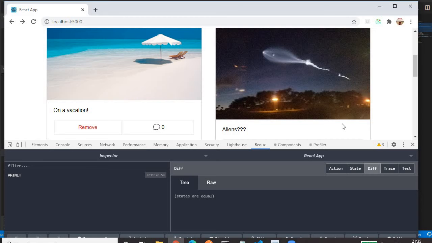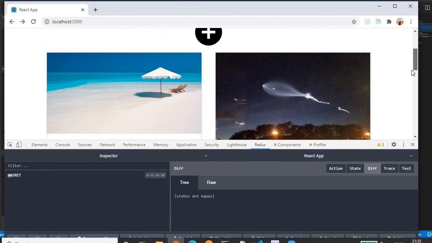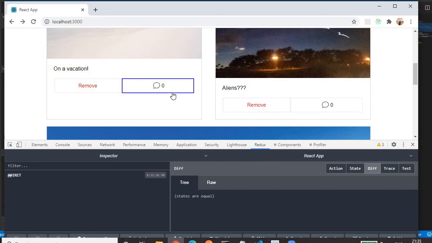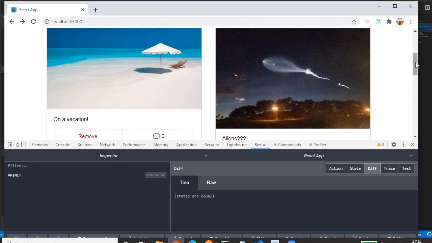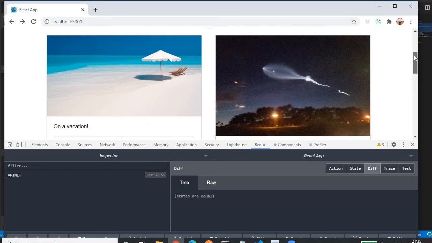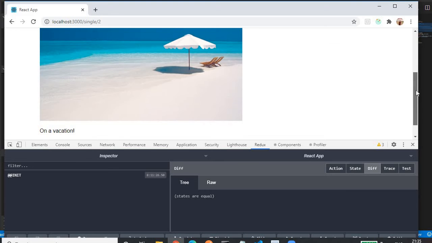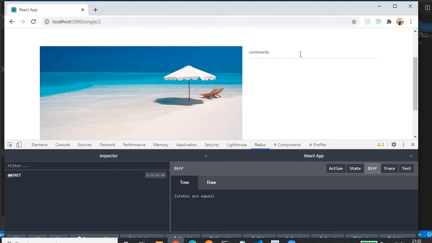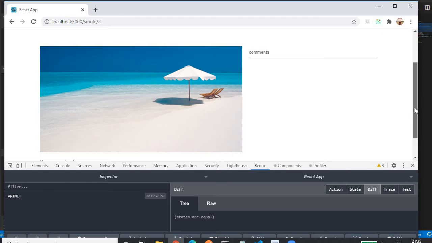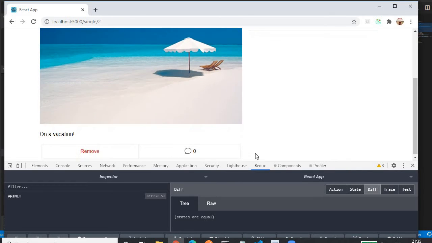Let me show you from the UI's perspective. If you see, this is my screen, this is my page where you will find the number of comments. Currently the number of comments is 0. Let's say I want to comment on this image. For that, we have to navigate to a comment page, so we navigate to the comment page on click of this image. Now we are in the comment page. We have a comment text field in which we provide a comment for the image. Currently there are 0 comments. Once we provide a comment, the count will increase.